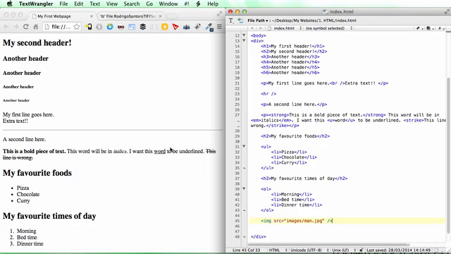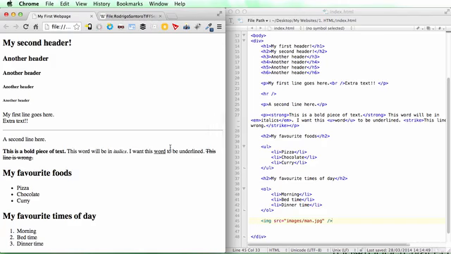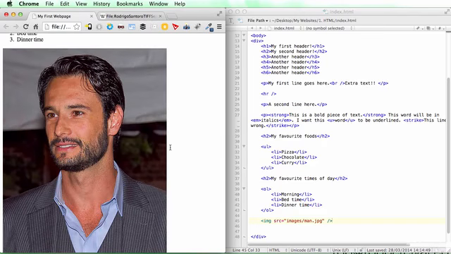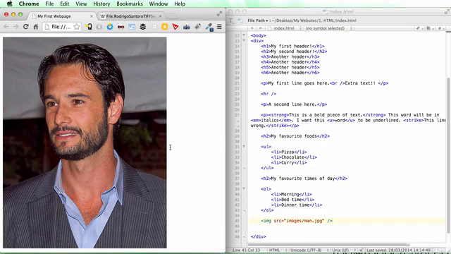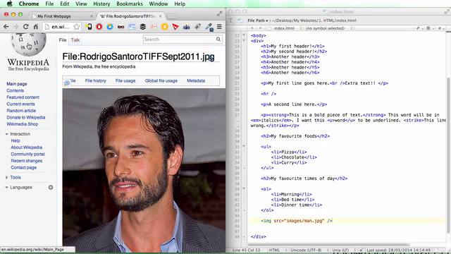Let's have a look, see if it works. There it is. Awesome. Now this is what's called a locally stored image. We're keeping it in the same folder, or at least a subfolder of where our index file is. We can also refer to an image which is on a completely different website. So let's